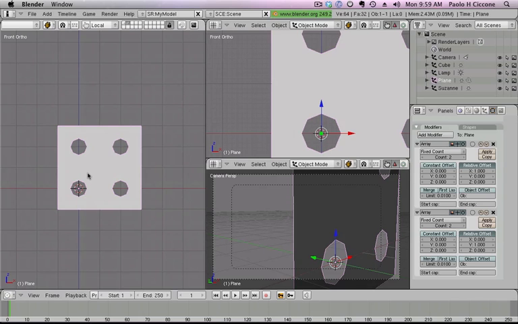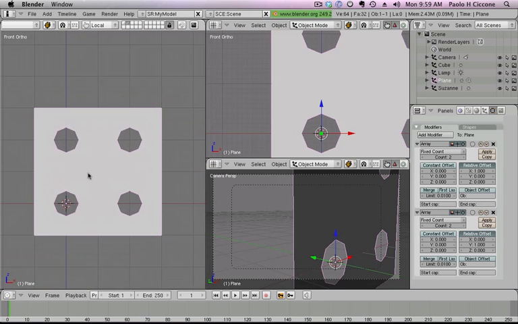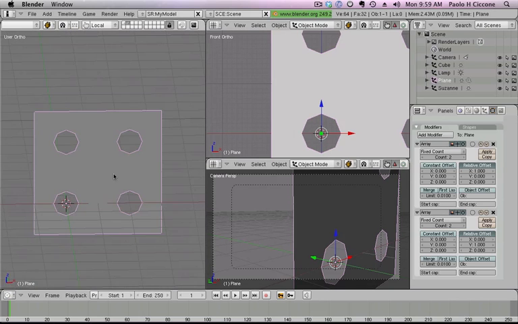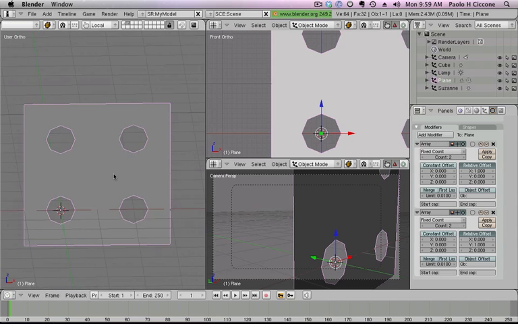So now we finally have our panel with 4 holes. Now, the one thing I don't like about this is this. I don't like holes that are exactly the same. I like to create some sort of randomness to it. But the problem is this. If I go to edit mode, as you can see,